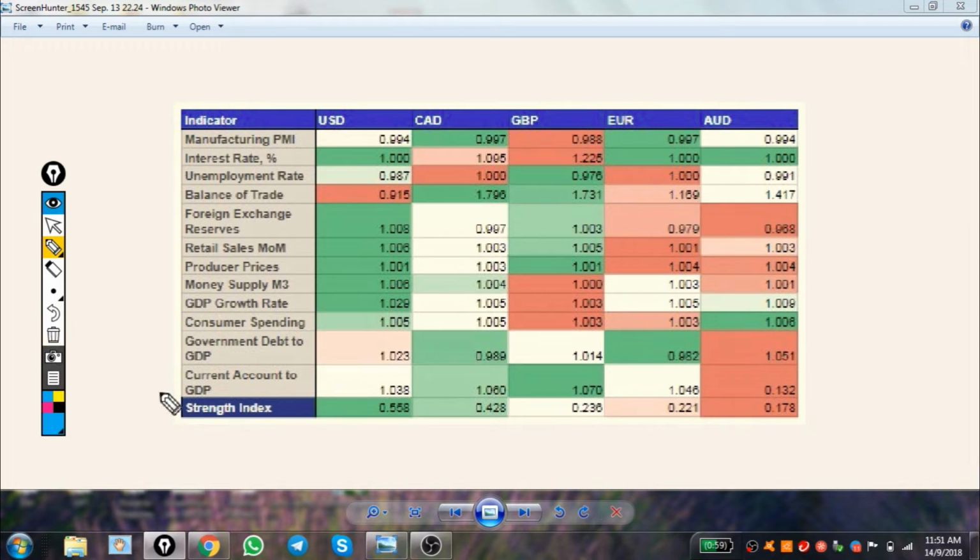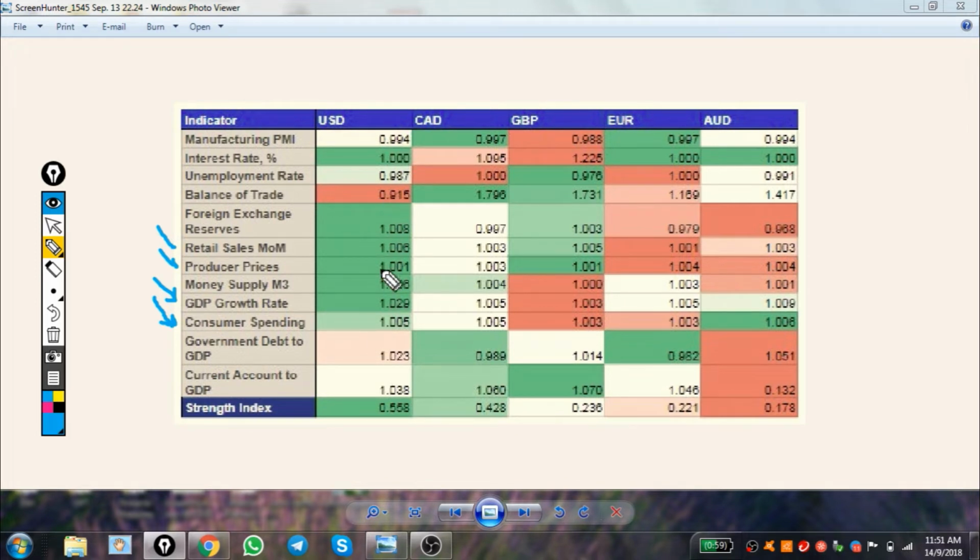And some other factors, for example, we talk about retail sales, the producer price, the GDP growth, and consumer spending. These are all very important. They basically tell us many things, whether the economy is doing well or not, and of course the balance of trade, money supply, etc. So with these 12 variables, we came up with some kind of formula,